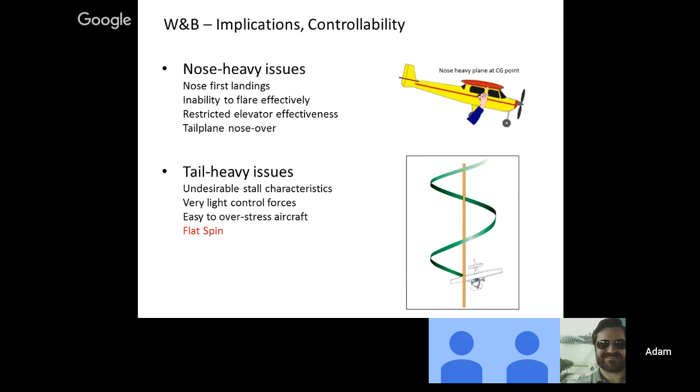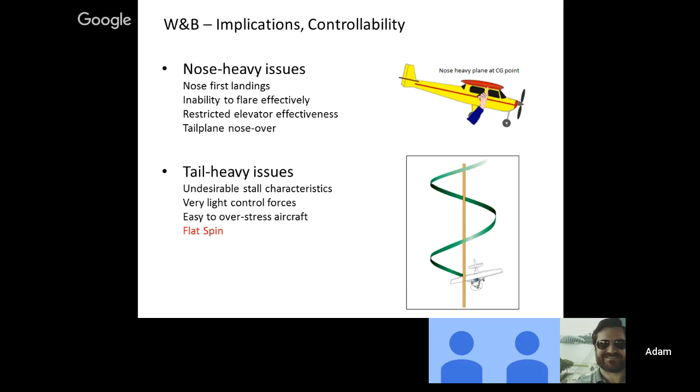And conversely, on the aft end, you want to keep your aircraft loaded within the aft limitation due to tail heavy, undesirable longitudinal stability issues. Now, when you look at the two, nose heavy versus tail heavy turns out to be a lot more dangerous, has caused a lot more aircraft accidents, and the primary reason is